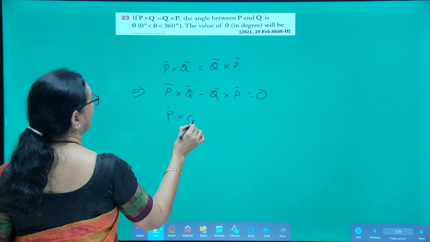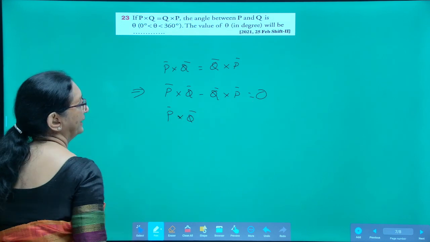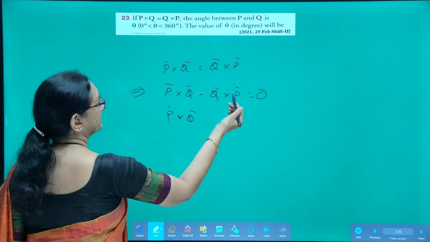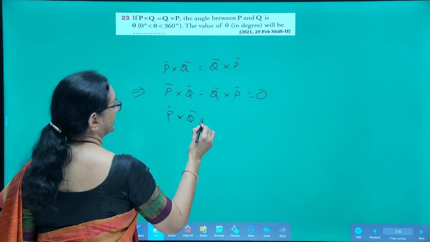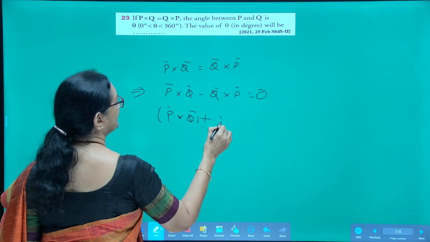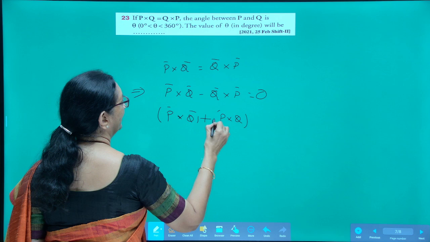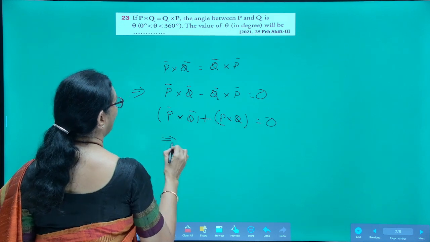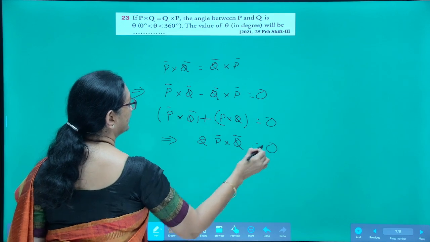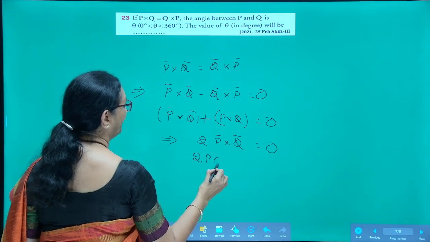P cross Q, as a vector product, does not obey commutative law, so Q cross P is equal to minus P cross Q, minus of minus becomes plus, P cross Q is equal to 0, implies 2P cross Q is equal to 0,